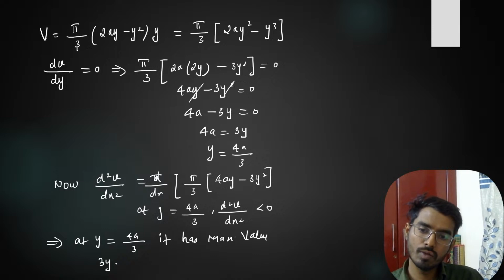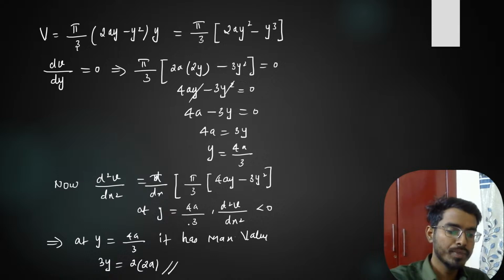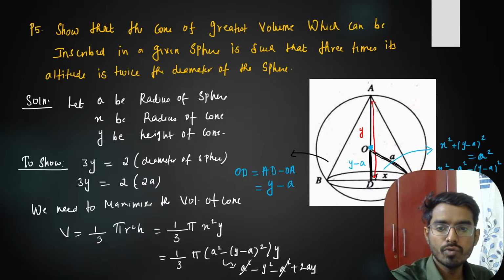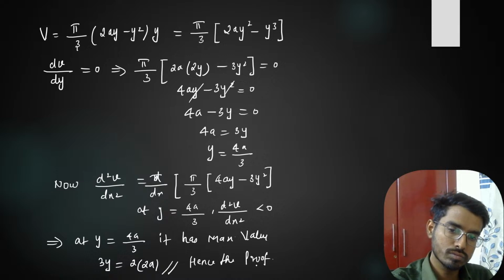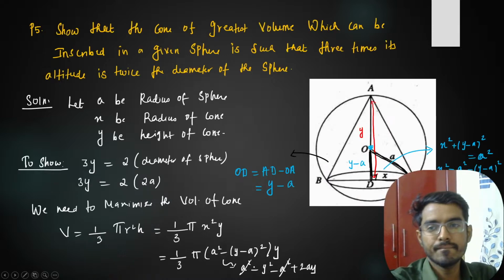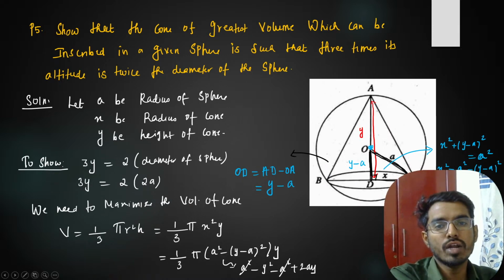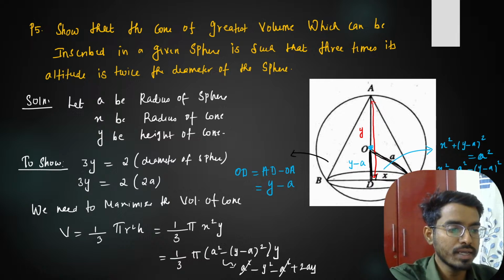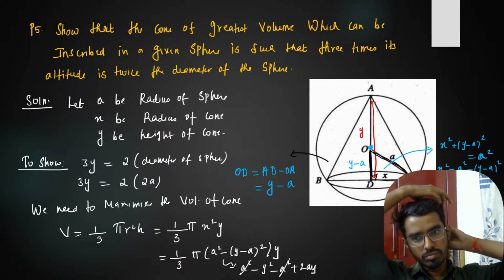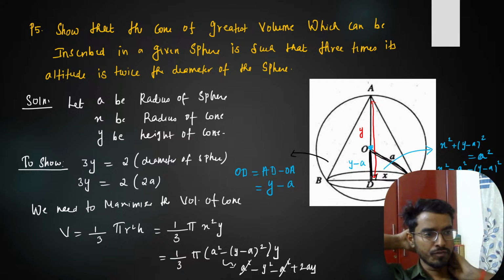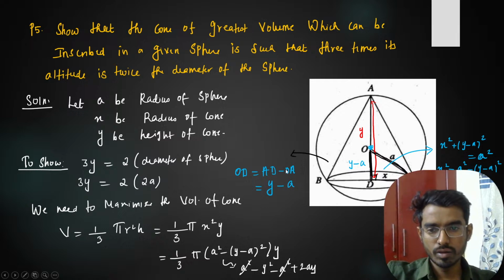That means 3y is equal to 2 into 2a. This is what we need to prove, right? 3 times the altitude is equal to 2 times the diameter of the sphere. Hence the proof. Is it clear? So the cone of greatest volume which can be inscribed in a sphere is such that 3 times the altitude is twice the diameter of the sphere. Okay,